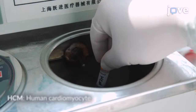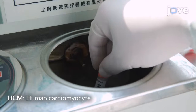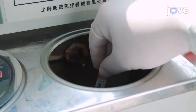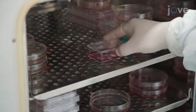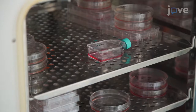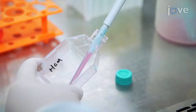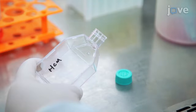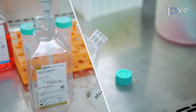To culture the HCM cells, thaw the cryopreserved cells from liquid nitrogen in a 37 degrees Celsius water bath and maintain them in a humidified incubator under an atmosphere with 95% air and 5% carbon dioxide. Once the cells reach 60 to 70% confluence, aspirate the medium from the 6-well plate and gently wash the cells